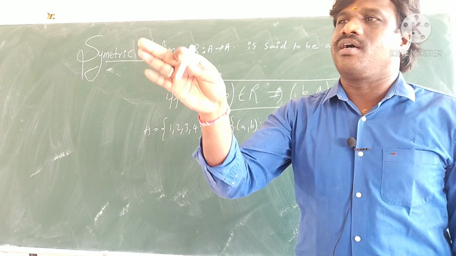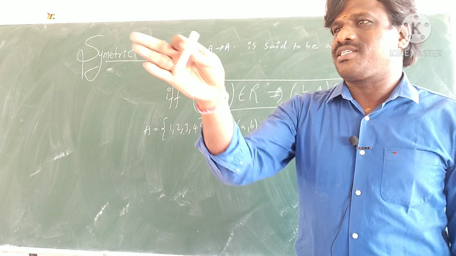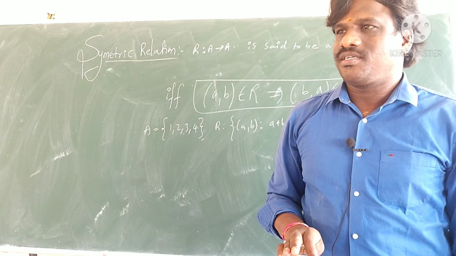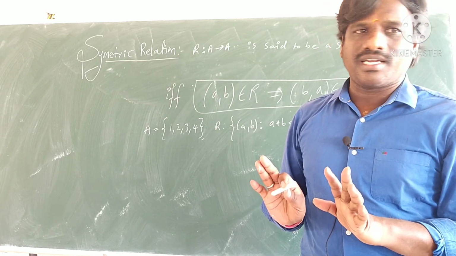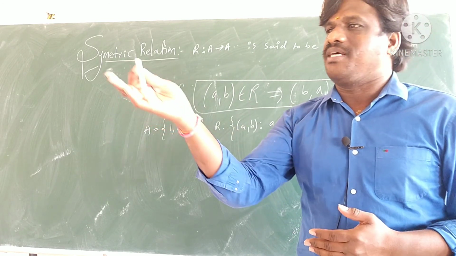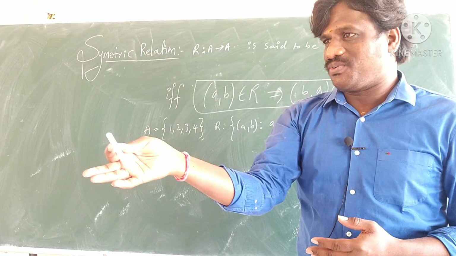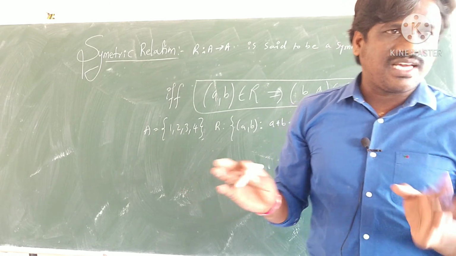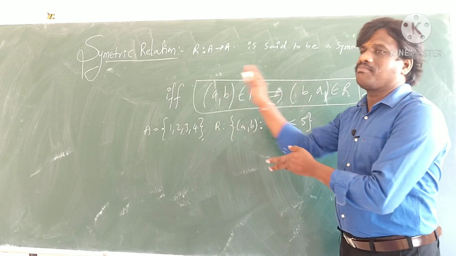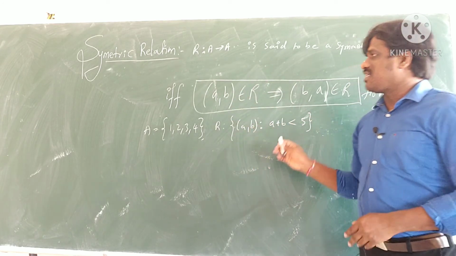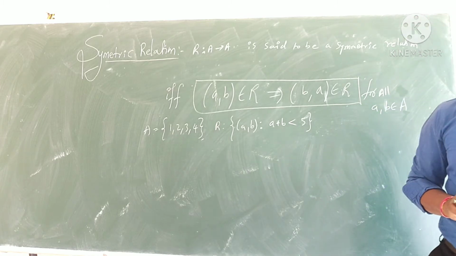Suppose Shruti's sister is Aarti. Then Aarti will become what to her? Sister, right? One more example: you are a friend of him, so he is also a friend to you, right? So it is one relation. If (A, B) is in the relation, then (B, A) also exists in the relation. Such a relation is called a symmetric relation. Understood? Picture is clear? Right.